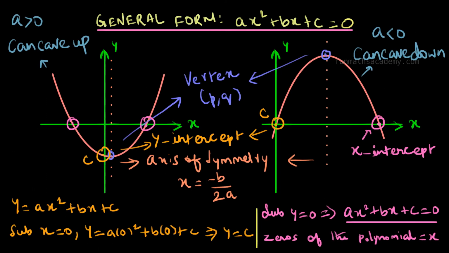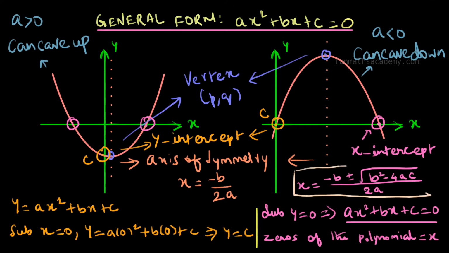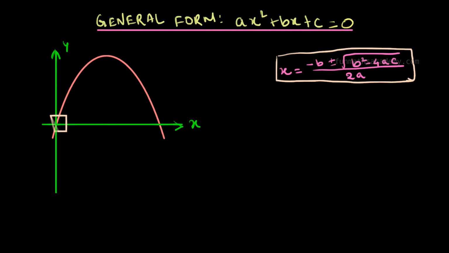So to find the values of x, we use the formula x is equal to minus b plus or minus square root of b squared minus 4ac divided by 2a. To learn or recall about the above concepts in detail, check out the link given in the description box. It is enough if we just calculate the value of b squared minus 4ac, which is inside the square root in the formula. These solutions are nothing but the points where the curve meets the x-axis.